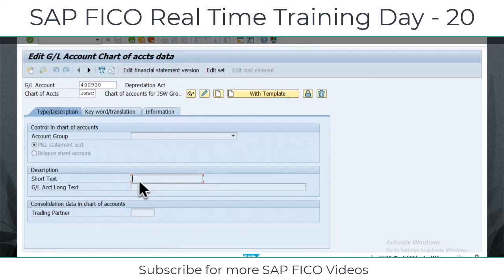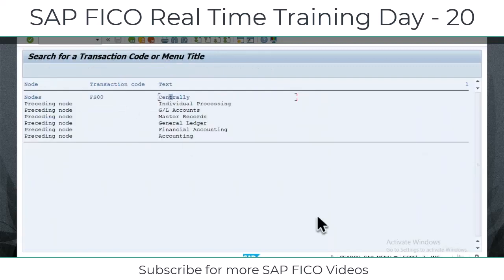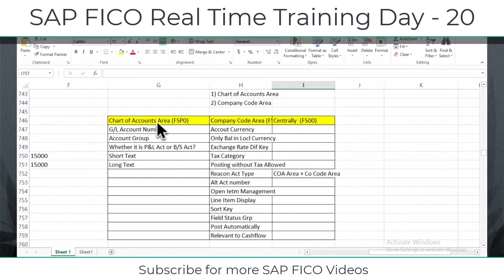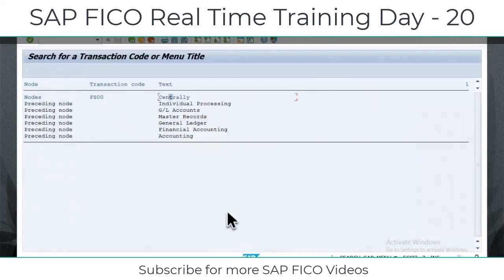So what did you understand? Each and every field in this chart of account specific information is very, very important. So the chart of account section is compulsory for GL master records. Okay, one by one I'll explain it. First, you understood which fields are available if I go and create a GL account only at chart of account specific information. You understand? Account number,